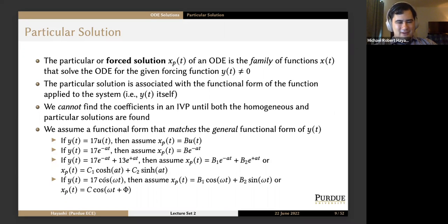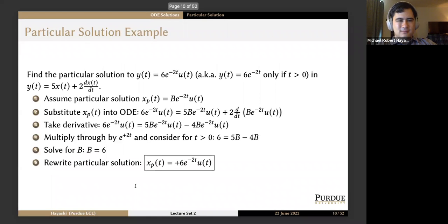And then if you have cosines and stuff like that, or sines, you have to use both cosine and sine terms. Or you have just one cosine or sine term, but with a phase shift. Because in general, you will introduce a phase shift when you apply a sinusoid. Then we worked through this particular solution example where we matched the functional form and plugged it back into the